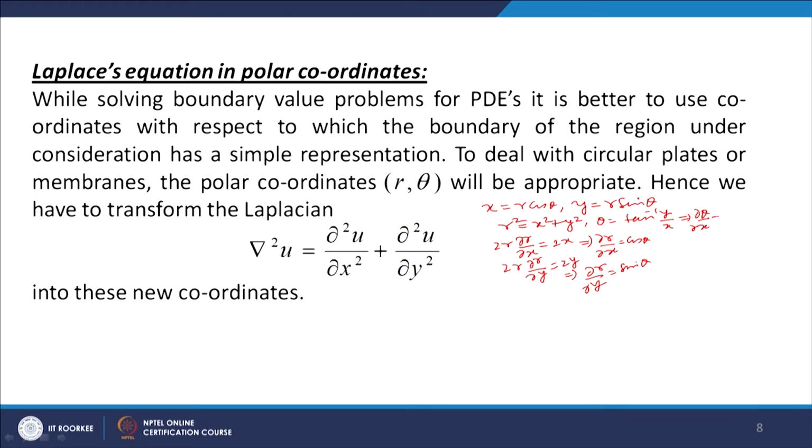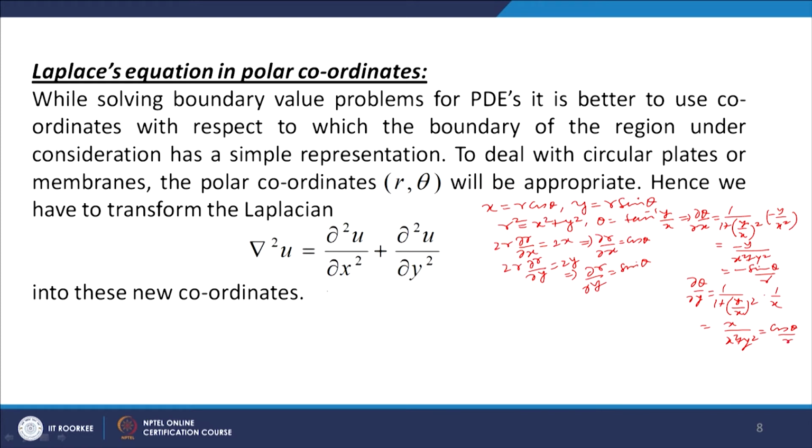And here, del theta over del x is 1 over 1 plus (y over x) whole square into minus y by x square. So, this is equal to minus y upon x square plus y square, and this is minus r sin theta over r square, so minus sin theta over r. And similarly del theta over del y equal to 1 over 1 plus (y over x) whole square into 1 over x. So, we get x upon x square plus y square, which is r cos theta over r square. So, we get cos theta over r.